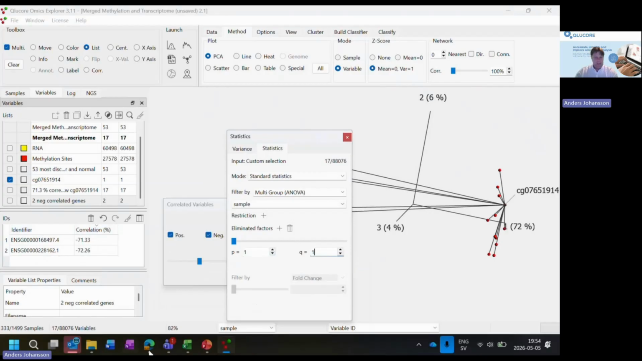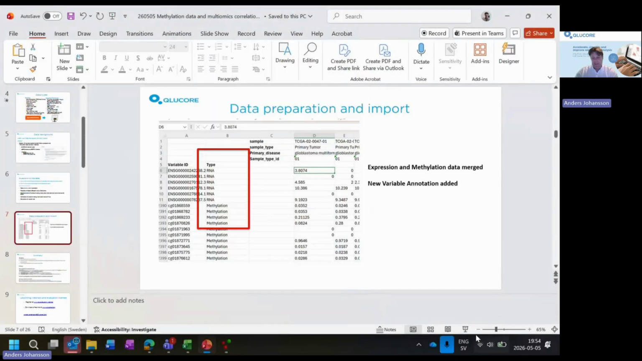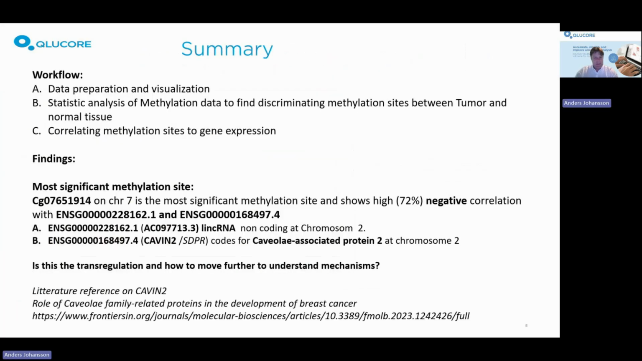So I will move back to the PowerPoint world, show a little bit of, let's say, Googling work. The workflow that we have done now with data preparation and visualization, we narrowed down to the disease we were interested in. We ran a statistical analysis and then a correlation study between methylation sites and gene expression. The finding was that this CG 07651914, which is situated on chromosome 7, is the most significant methylation site, and it shows high negative correlation with these